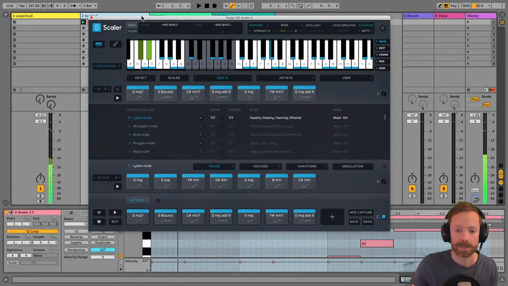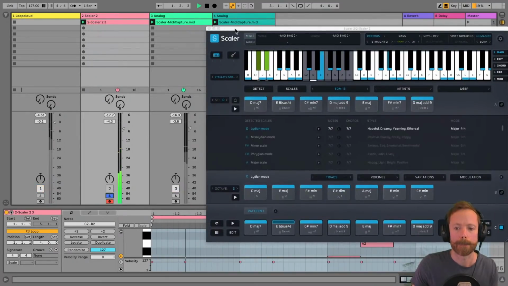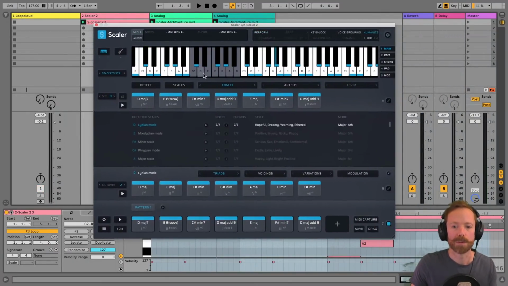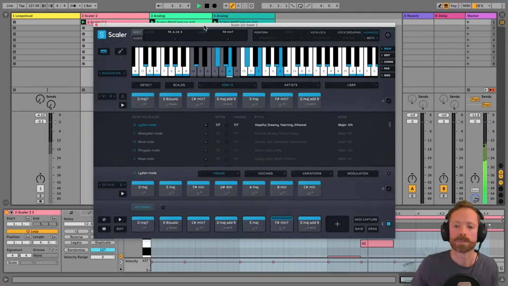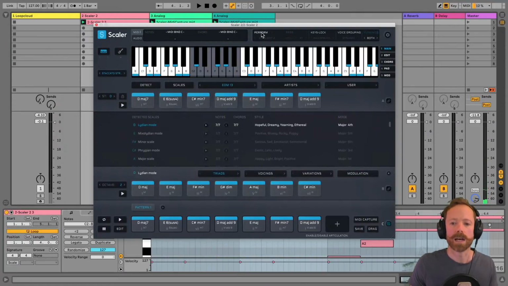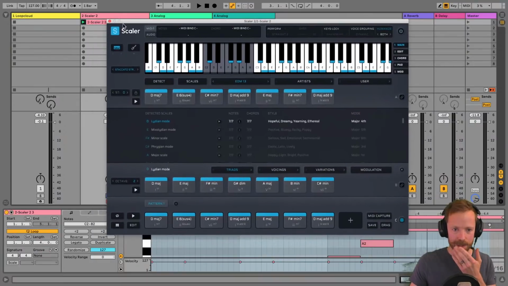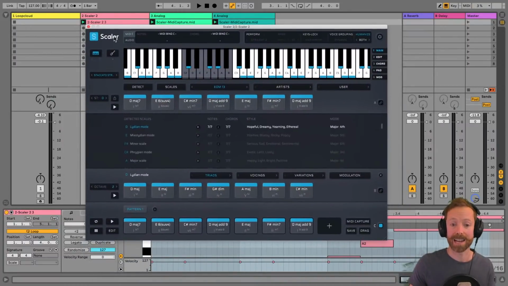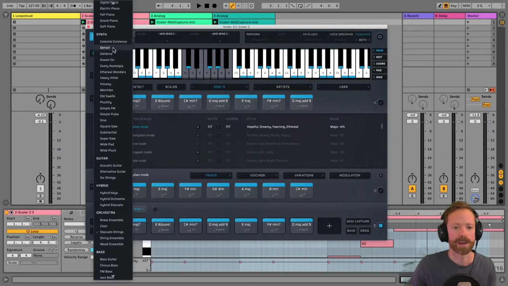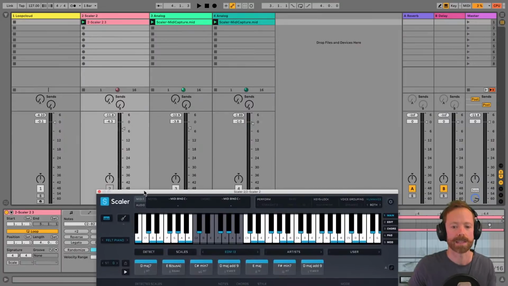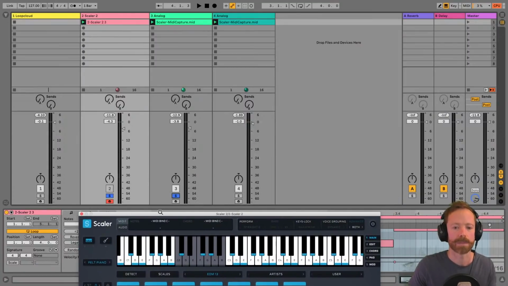So let's just solo Scalar again, and let's turn off perform, so we just go back to playing our chords. And I mean, that sounds nice in itself, and it's really nice to layer up different sounds. I really enjoy recording the different Scalar sounds onto audio tracks to create layers. Just to show you how to do that quickly, let's just go for a felt piano, for example. It's quite nice to layer underneath something like the main chords.